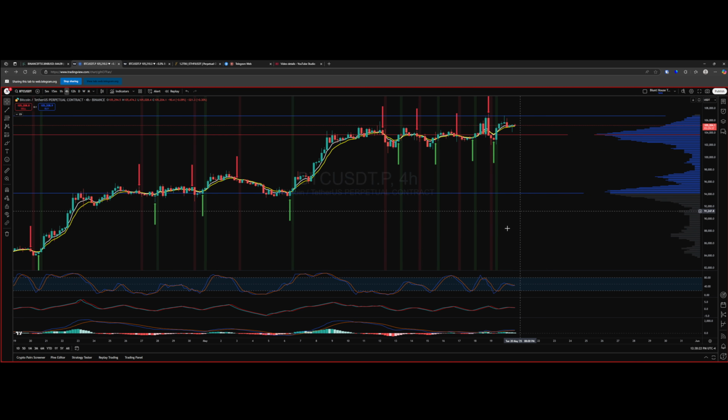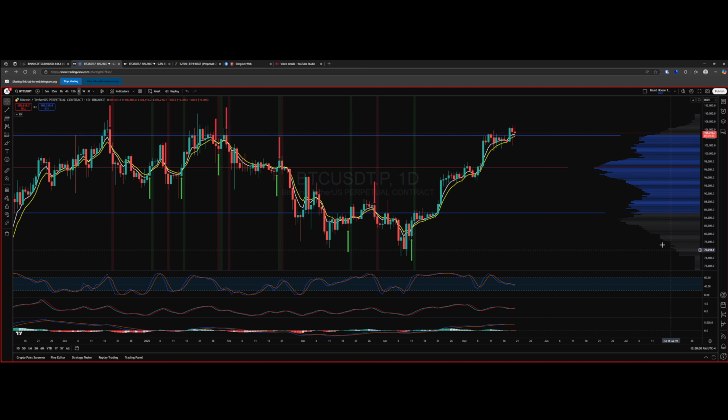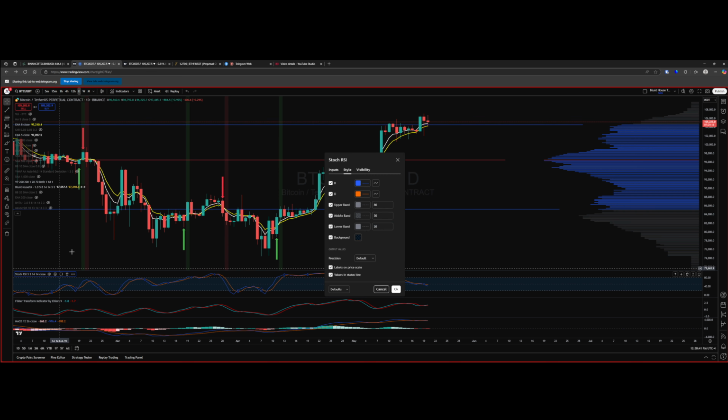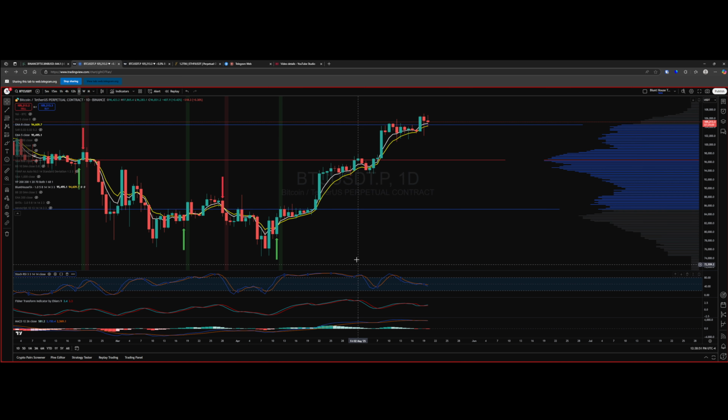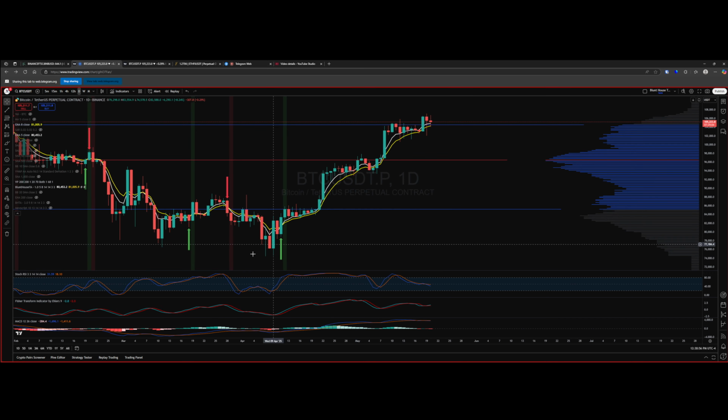What else do we use? A handful of indicators that help us, just another tool that we can use to guide us. Stochastic RSI, straight out of the box. Straight out of the box, 3, 3, 14, 14. Nothing special. You don't need to tweak anything. All I'm trying to demonstrate is that